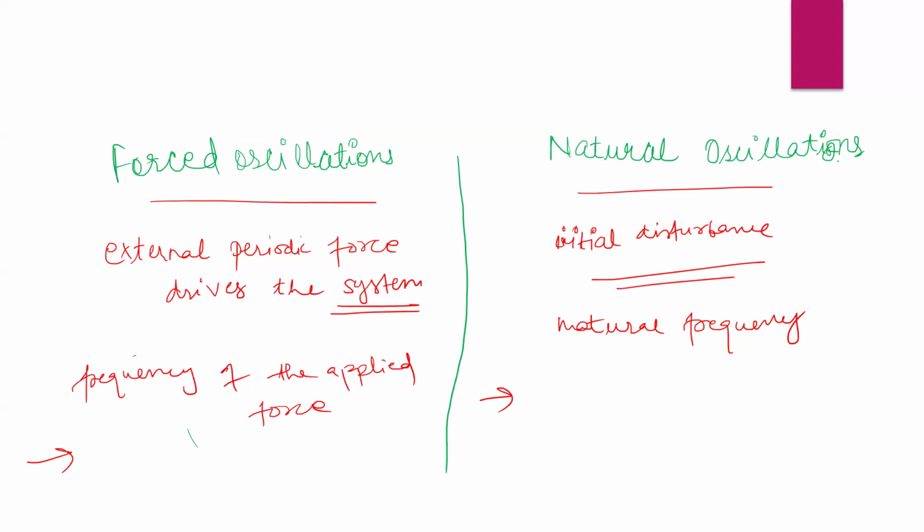Similarly, with the swings in the park, sometimes the parents push the children once and they keep swinging back and forth at the natural frequency. On the other hand, in forced oscillations, the parent constantly applies force to the children so that the swing keeps moving. Some children cry, for example, "Please don't stop," because in natural oscillations, if we don't apply force, after some time it will stop. Forced oscillations keep going because a periodic external force is applied.